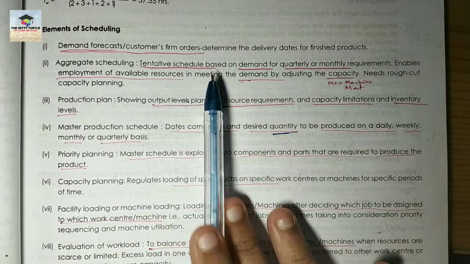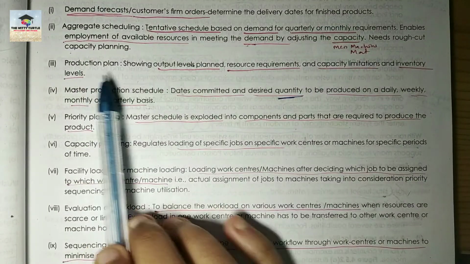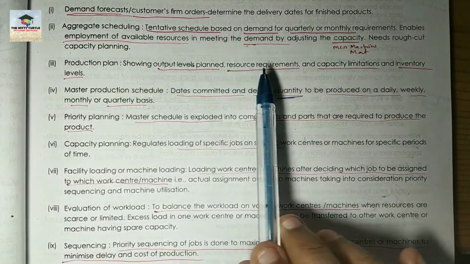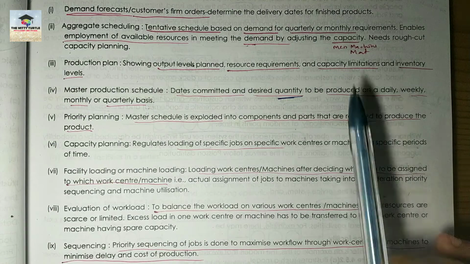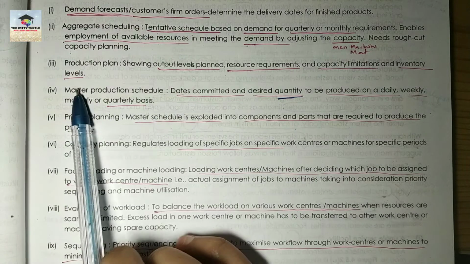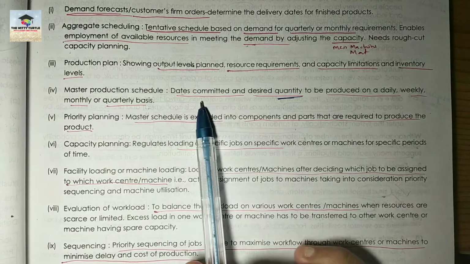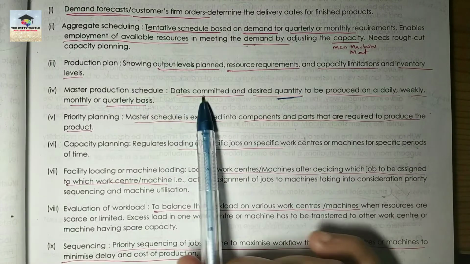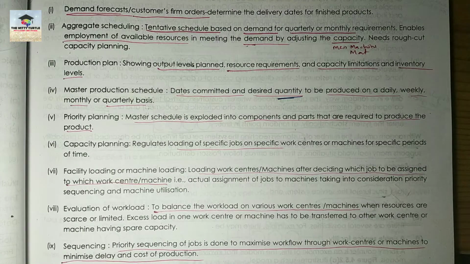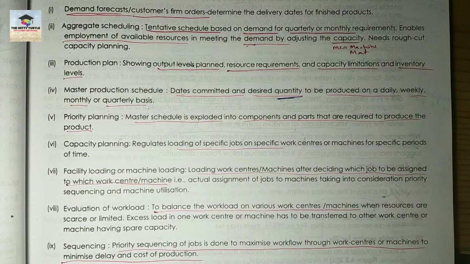After making the tentative schedule, you'll have to make the aggregate schedule. Then you also need a production plan where it will show you the output levels, then your requirement of the resources, then what capacity limitation you have, and then inventory levels, right? The next is what? Master production schedule. What is there in the master production schedule? Your desired quantity and your due dates. Here it is written dates committed, that means on which date you have to make the delivery, that date, and along with that the desired quantity which is to be produced in a particular time span, that has been scheduled,